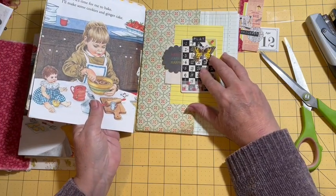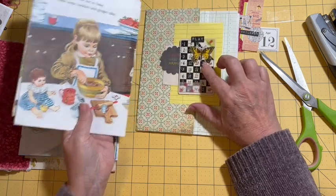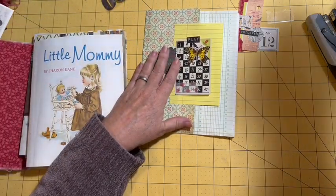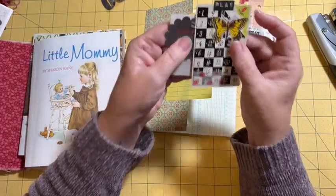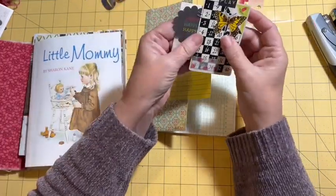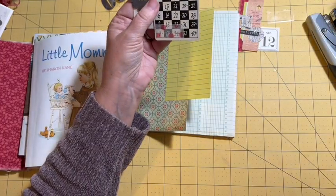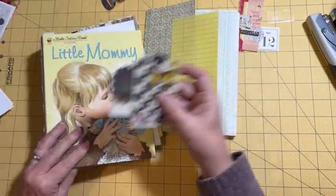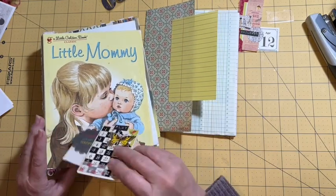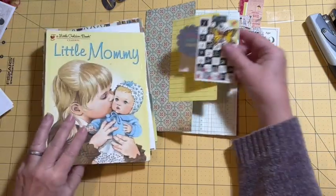I think that looks like it's made to go there. I love it. Okay, but for right now, because I still need to take pictures and everything, we call this a cover patch or a cover card. And so it is ready, like I showed you, to go on a tag. It is ready to go on the cover of a journal. You could go ahead and put it on the cover of a journal or on the flap,